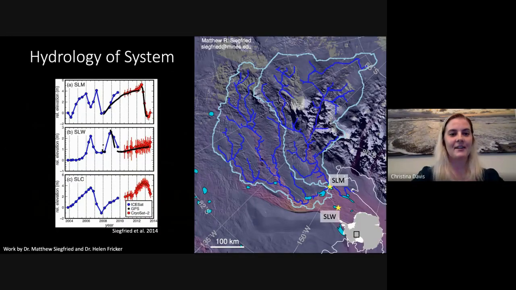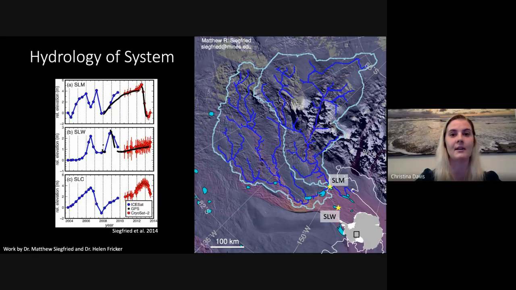So as I said earlier, these lakes are hydraulically active. On the right, you can see a hydraulic map of where the water is sourced from, at least for the Mercer subglacial lake. The Willans has a bit different area of where it's gathering its water in the catchment. But these lakes also have fill and drain cycles.